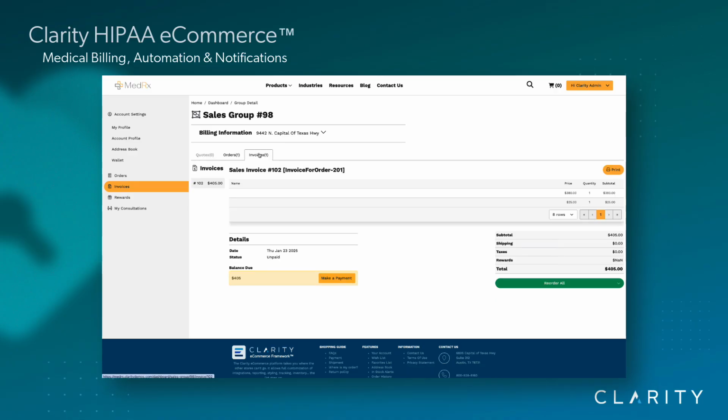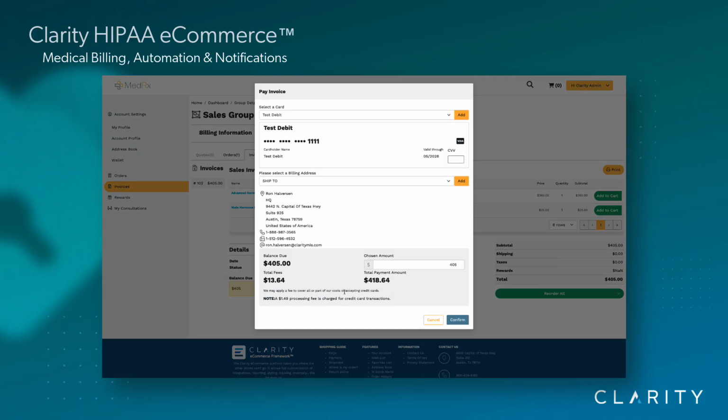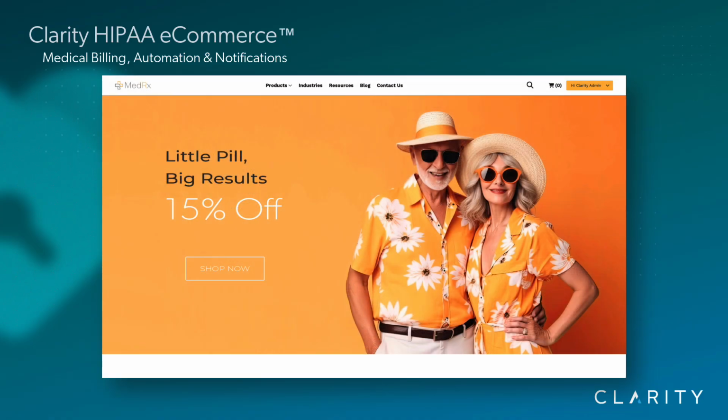They can go back, view their invoice, click make a payment and pay right here using that card that's on file. Remember, I had 2 cards on file. Here they are. So that's very quick when you get the automated notifications, which can be text, SMS, or email notifications. The automation makes it a lot easier for your staff to focus on providing care rather than running down bills and running down patients to get their bill paid.